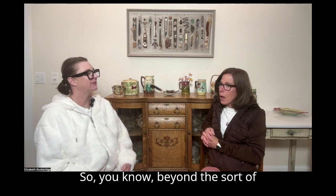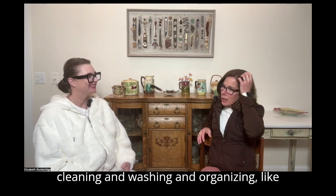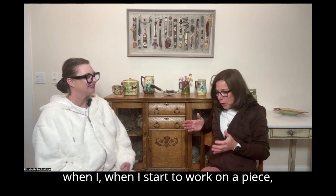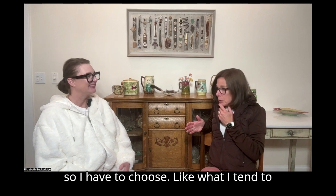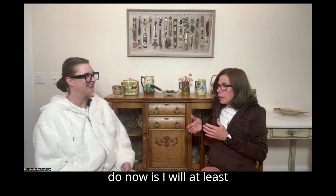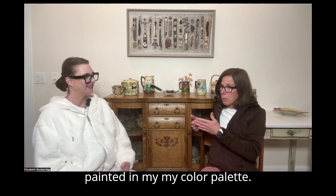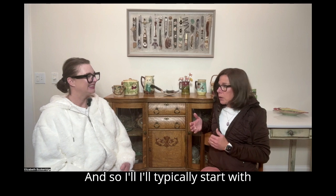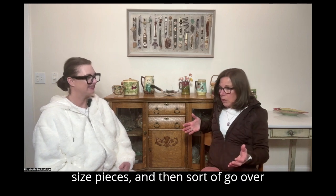So, beyond the collecting and the sorting and the cleaning and washing and organizing, when I start to work on a piece, it's usually driven by color. So what I tend to do now is prep a lot of the background color boards, right? The hardboard that's painted in my color palette. And so I'll typically start with one of those colors, one of those size pieces,